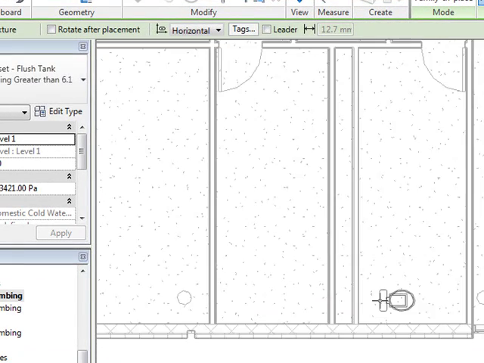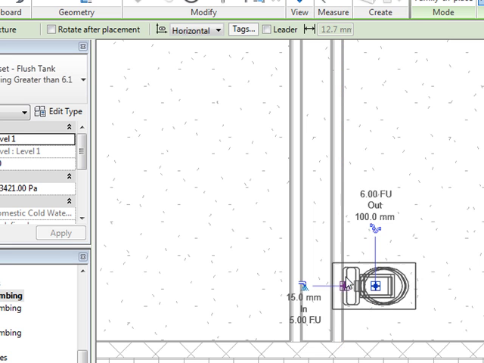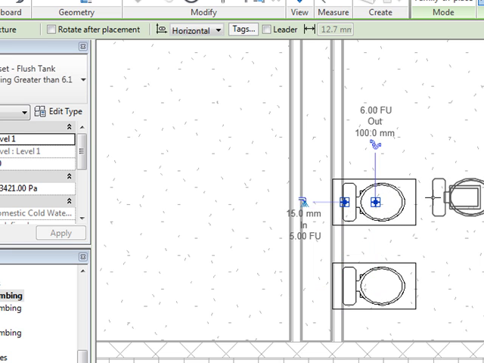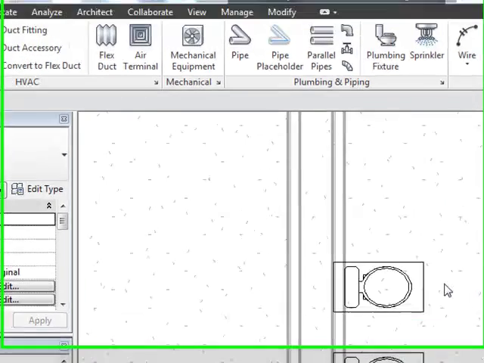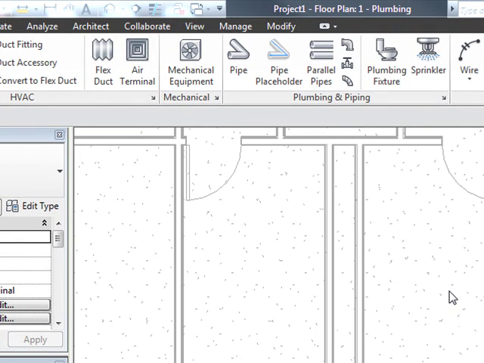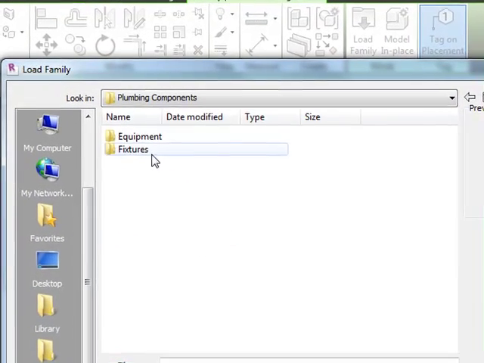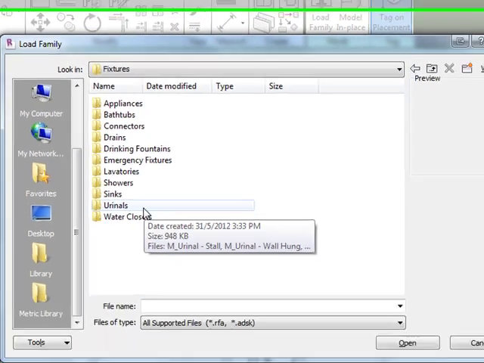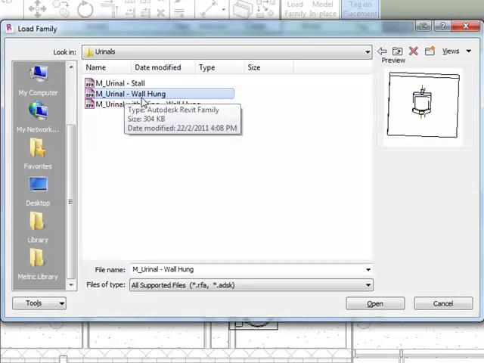I'm just gonna put here. One, two. Okay. Escape. Press escape, which is at the top left corner of your keyboard. Then we can start adding the fixtures, urinals,